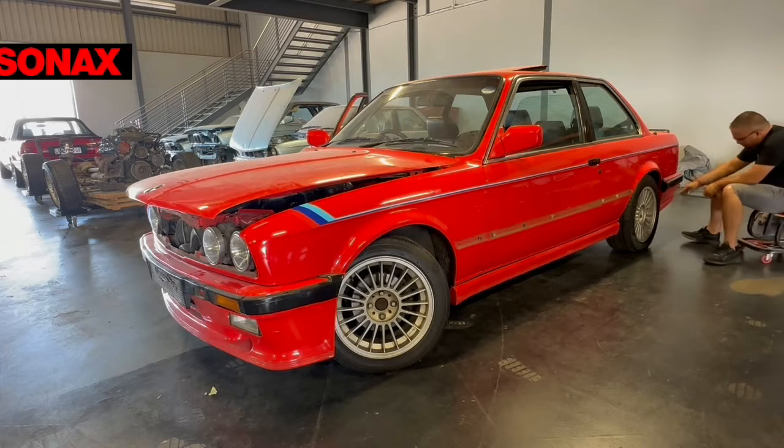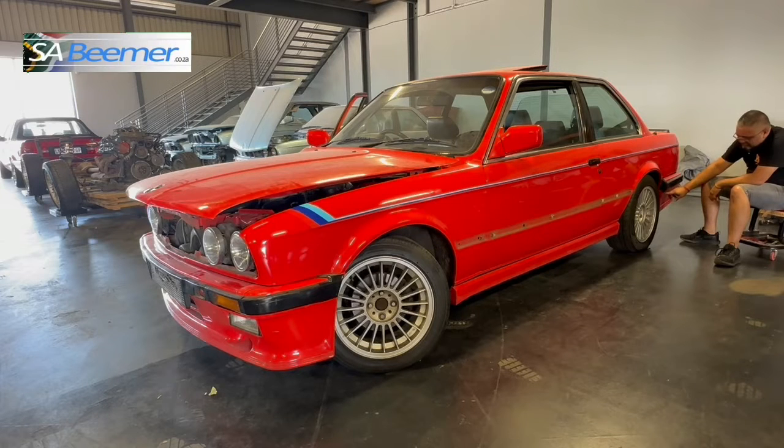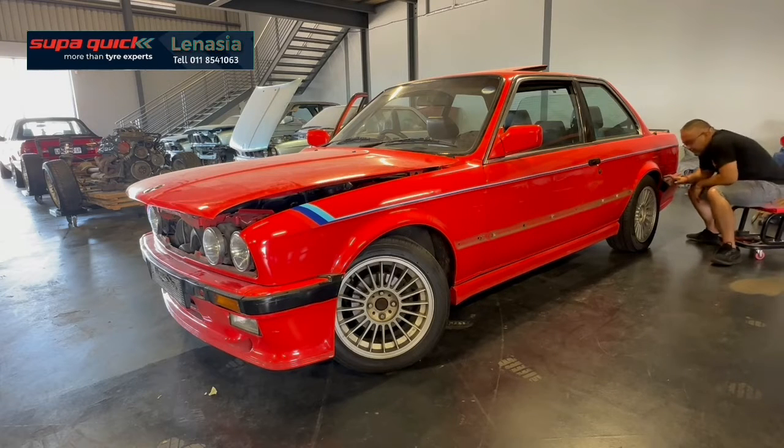So on the 333s, you'll find, okay, firstly on the normal chrome bumpers, you'll find your bumper corner will be on there, but you've got a lip at the bottom here. On the 333s, it's a very small note, a very small ID on it, right? But it's very noticeable if you know it. This lip here is actually cut off. So it's absolutely hard to get the original